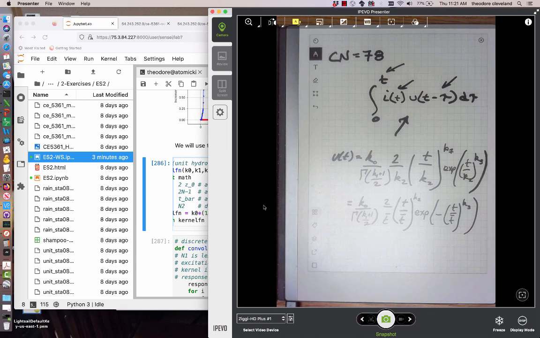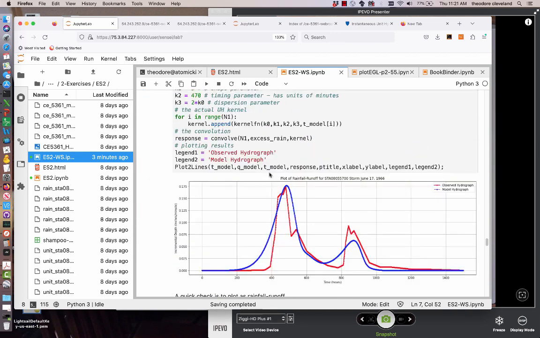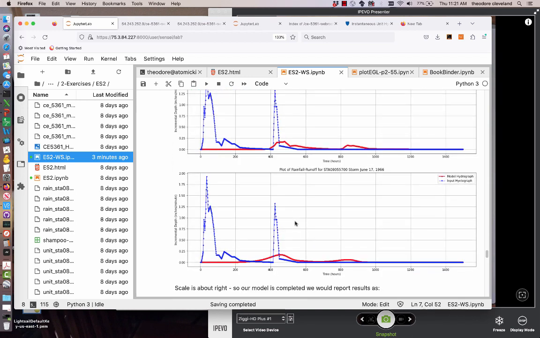This has a few more degrees of freedom than a formal one might have. The point being, unit hydrographs is just postulating a function for the kernel, fitting that function to the observed data, and now in our case our unit hydrograph is,